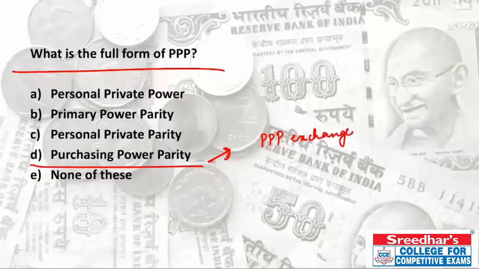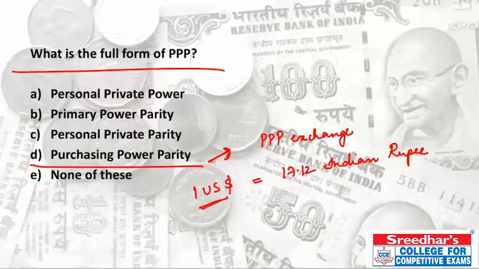As per the World Bank estimate, 17.12 Indian rupees is equal to $1 US in terms of purchasing power parity in 2014. So like this, with our currency, how much we can purchase of other currencies, and what the conversion rate is, is what is called purchasing power parity. We can also say it as market exchange rate.